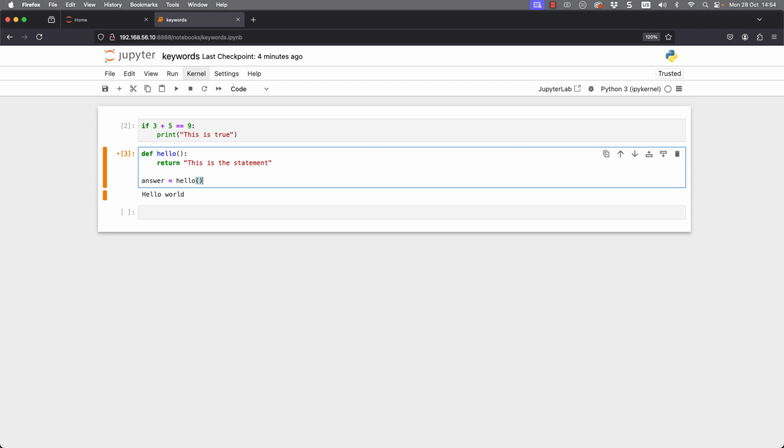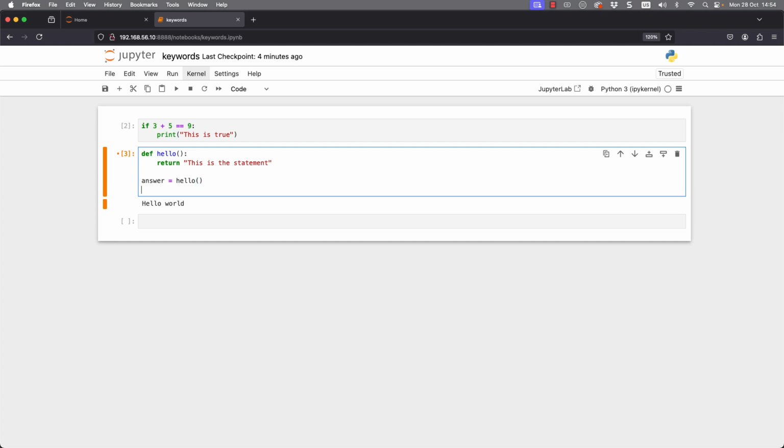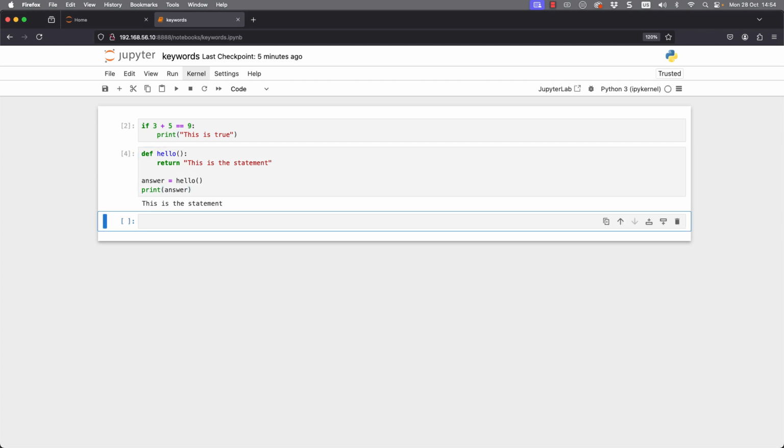So double equals is different to a single equals when we're talking about the syntax of our language. So we're assigning the value of hello through to the answer variable, and then we're printing out the answer variable. We don't quote answer because we don't want to print the word answer. We want to print the contents of the variable. And there we have it.